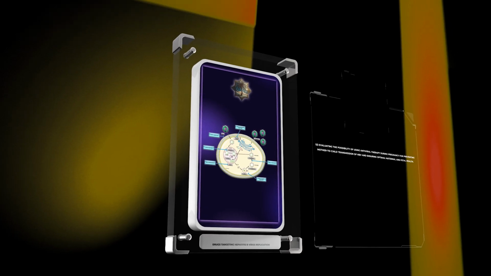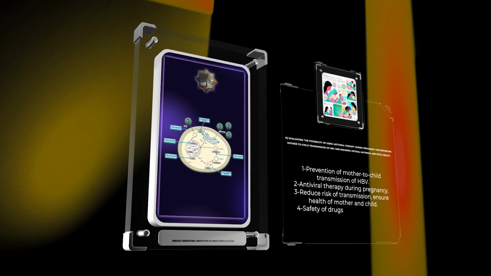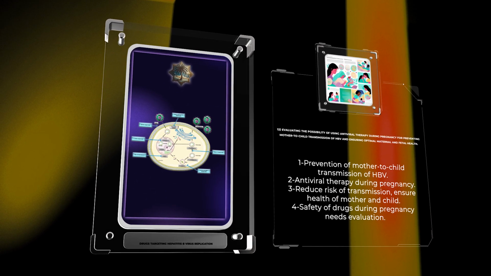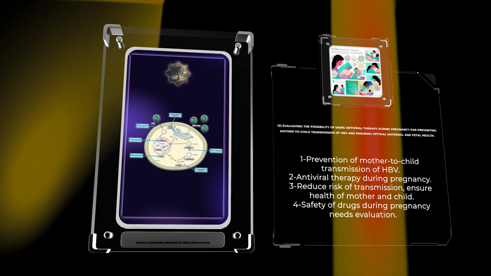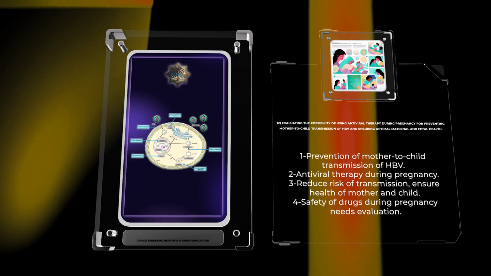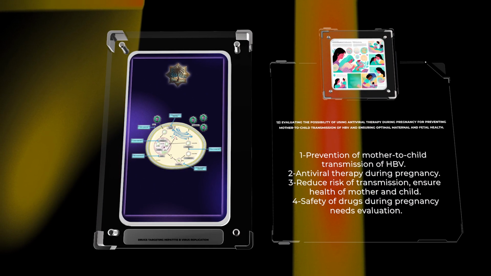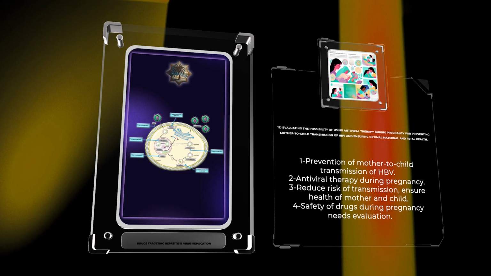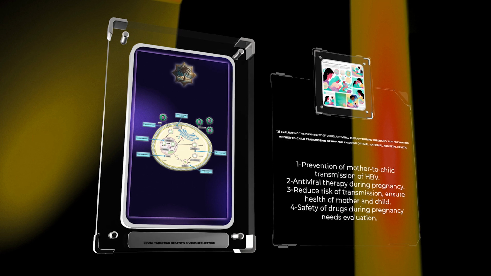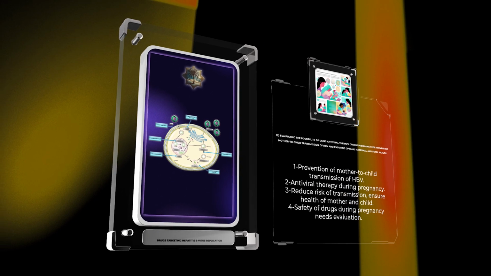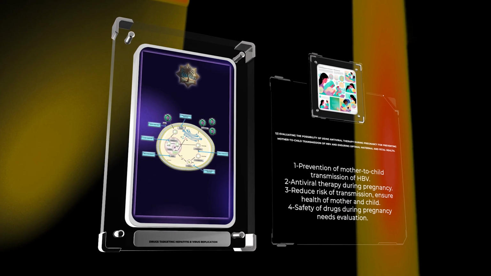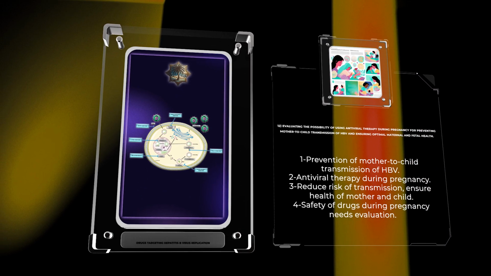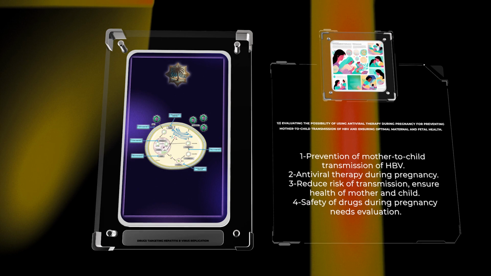The prevention of mother-to-child transmission of hepatitis B virus, HBV, is important. Antiviral therapy during pregnancy can help prevent vertical transmission and ensure the health of the mother and child. Current guidelines recommend certain antiviral agents for pregnant women with high viral loads to reduce the risk of transmission. However, the safety of these drugs during pregnancy needs to be carefully evaluated, along with monitoring for any potential side effects and long-term outcomes. Effective use of antiviral therapy in pregnant women can greatly reduce the burden of maternal and